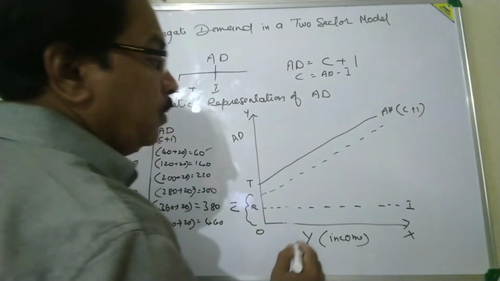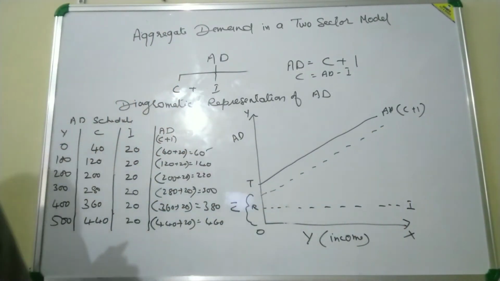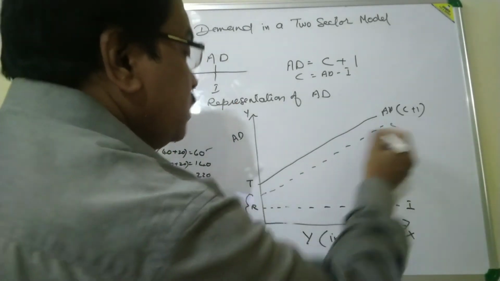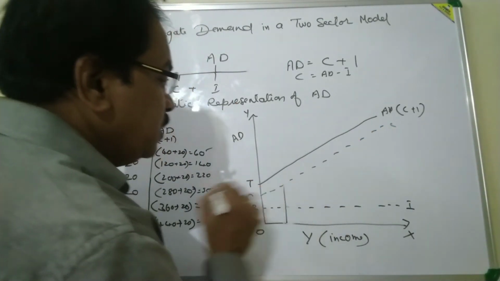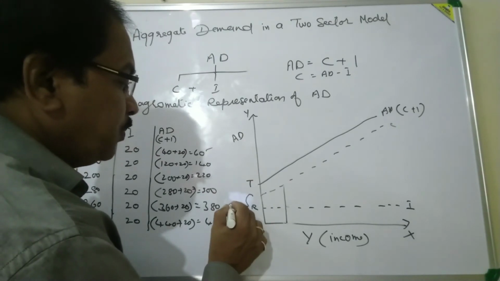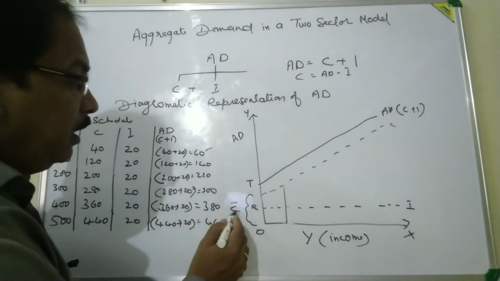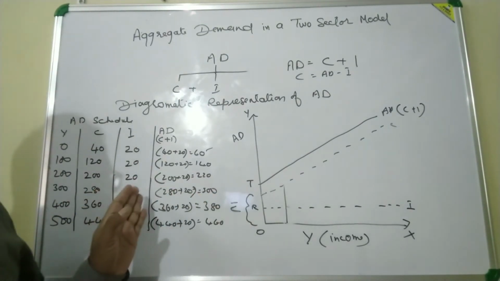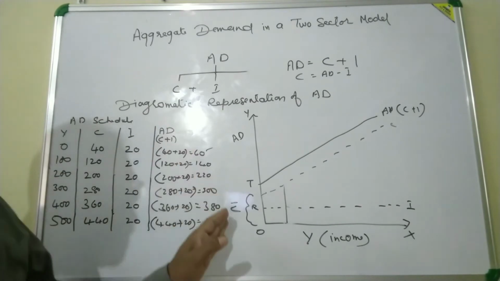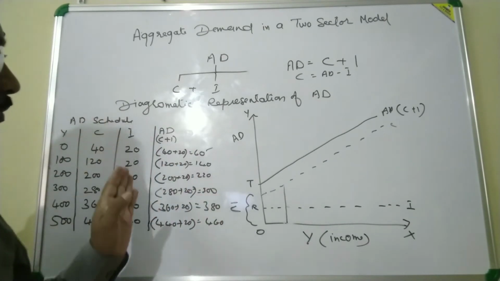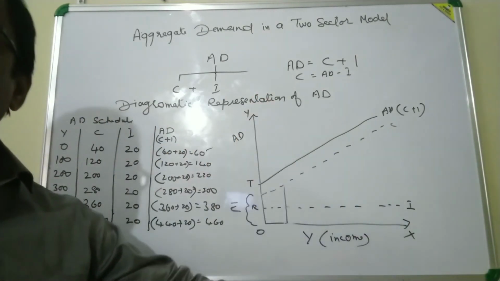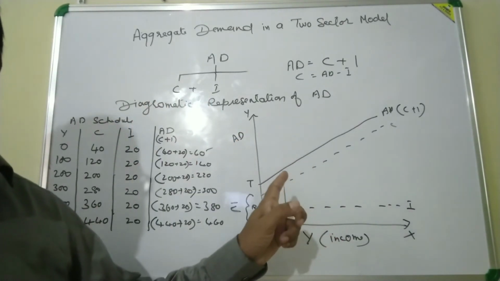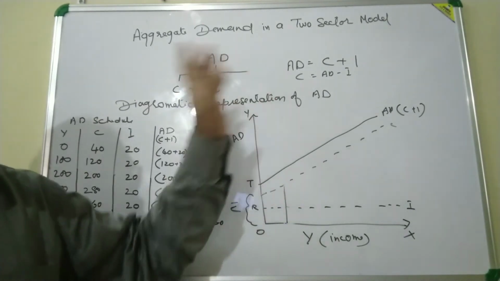So I have subtracted your investment expenditure from AD. So what will you get? You will get C. This is your C, which is denoted by autonomous consumption expenditure, C bar. And why is this called autonomous consumption expenditure? Because this is free from levels of income. Even if your income is 0, consumption expenditure will be there. In the same way, autonomous investment will also be there even if your income is 0. So this is your diagrammatic representation of aggregate demand under the two sector model.